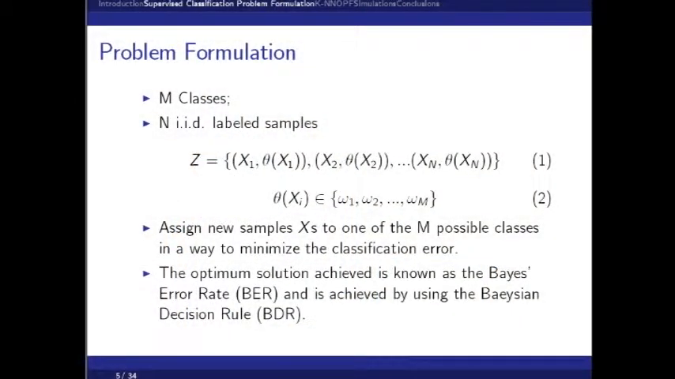Here is the supervised classification problem formulation. We suppose that we have m different classes and n labeled samples, IID, independent and identically distributed samples. So the set Z is my set of labeled samples, where x subscript i is the feature vector and theta of x is the label of the feature vector. The problem consists in assigning new samples x to one of the m possible classes in a way to minimize